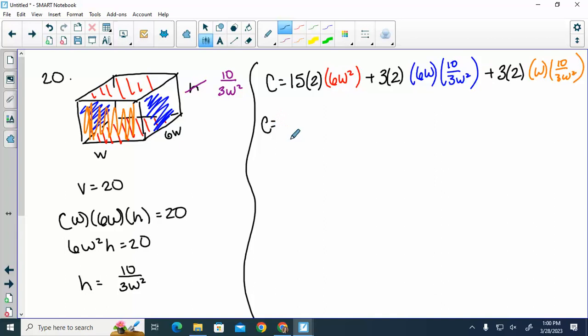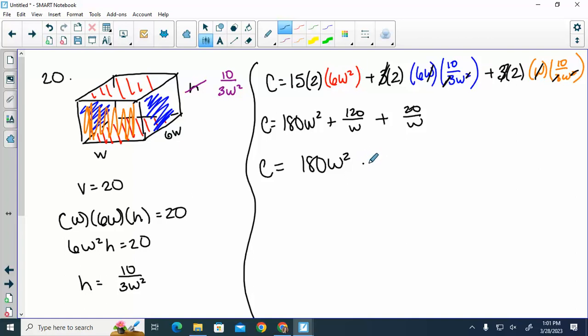Okay, we need to clean this up a lot. So 15 times 2 is 30, times 6 is 180 W squared. And this one, I could cancel a 3, I could reduce a W, so I get 120 over W. Okay, this one, reduce the W, reduce the 3, and I get 20 over W. So my cost is 180 W squared plus 140 over W, or I'm going to write that as 140 W